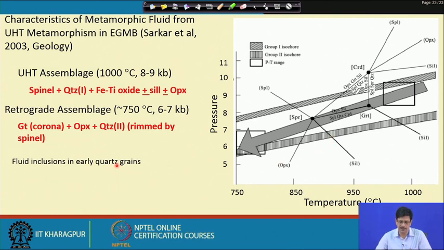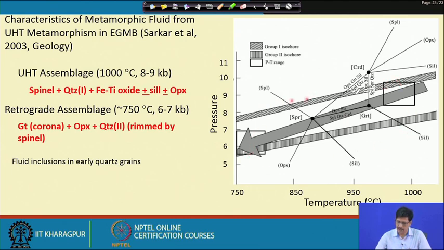I am not showing the histogram or the values of the depression in freezing point, or exactly the temperature of homogenization of the carbon dioxide inclusion. So, as expected, the homogenization goes to sub-zero level, to minus 30, minus 25 degrees Celsius. These two groups of inclusions, as indicated by the group 1 isocores and the group 2 isocores, are plotted here, superposed on the PT grid for this particular metamorphic evolution.